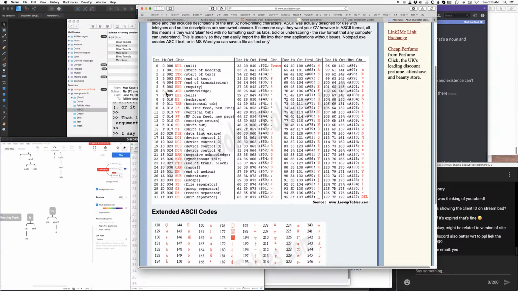So anyways, if we look over here, we'll see that the number 49 is the character 1, and the number 67 is the character capital C, and the number 82 is the character capital R, and 114 is lowercase r. So a computer-friendly way of writing would be like if I wanted to write cat, I would have to do a 76, then a 97, then